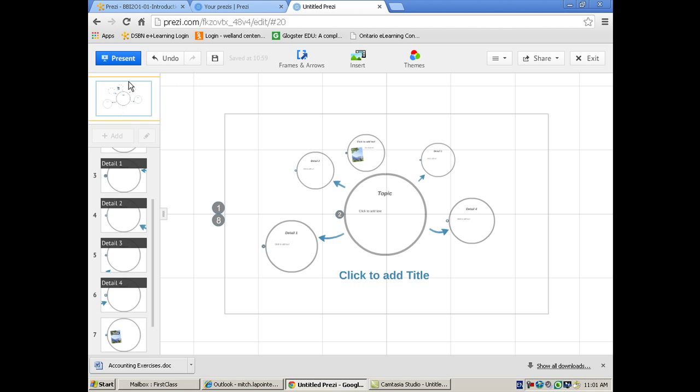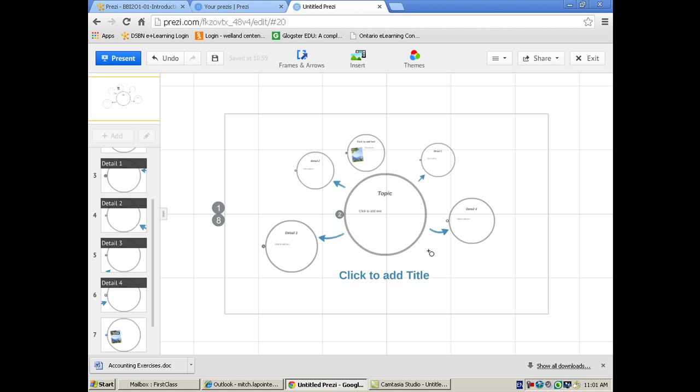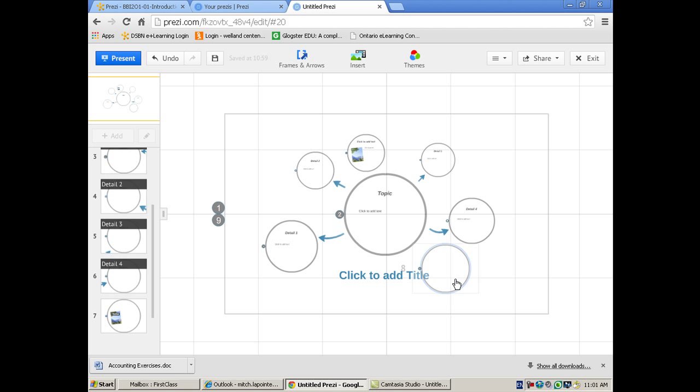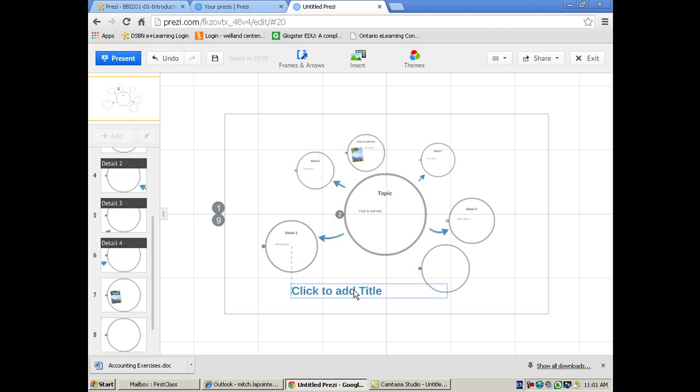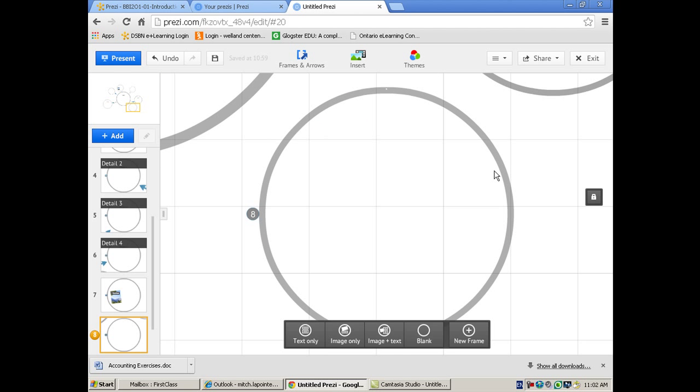So that's how you zoom out here, and I would add another one of those. There's no repeat, there's no easy, fast way. You literally have to come up here and draw another one in, right? So I'm drawing another one in, and I might want to move my title somewhere else, all right? And if you want to size this thing, you can zoom in on it and then click on it. It's a little hit and miss as far as what it does when you click on it. I find that a little